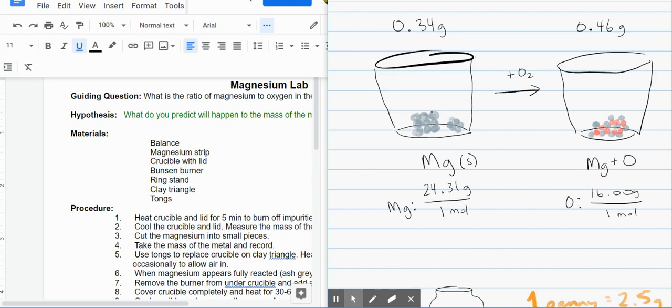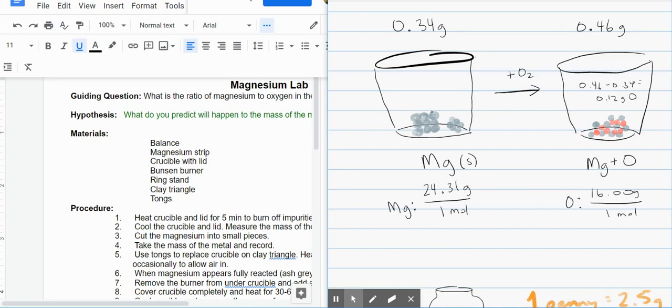So to figure out how much oxygen attached itself, we used subtraction, right? So we had our 0.46 minus 0.34. And when we subtract these little magnesium atoms out of here, we found that we had 0.12 grams of oxygen